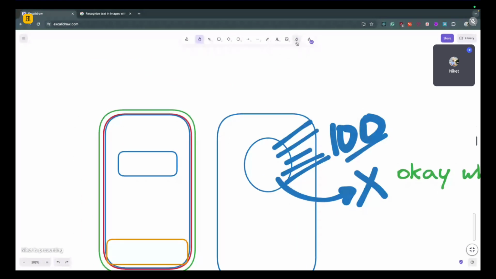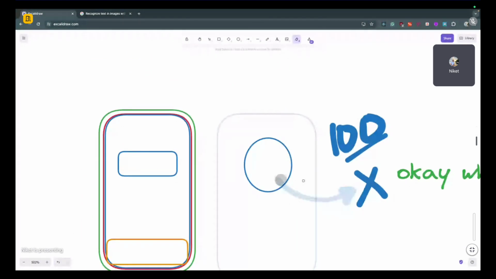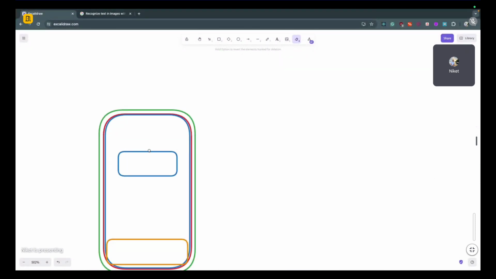Let's remove this. My Mac is lagging a little bit. Okay, so